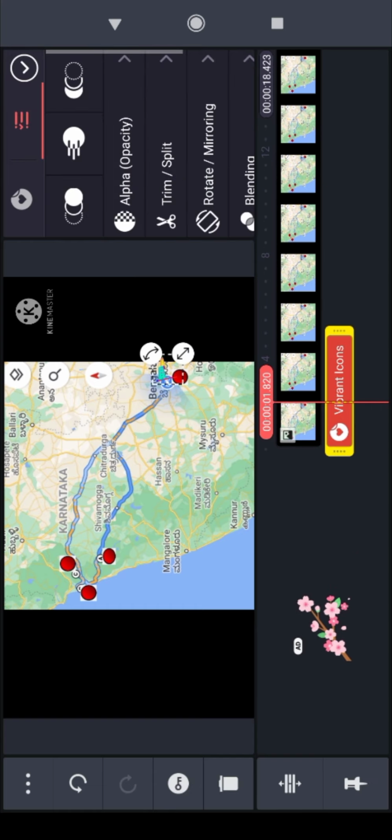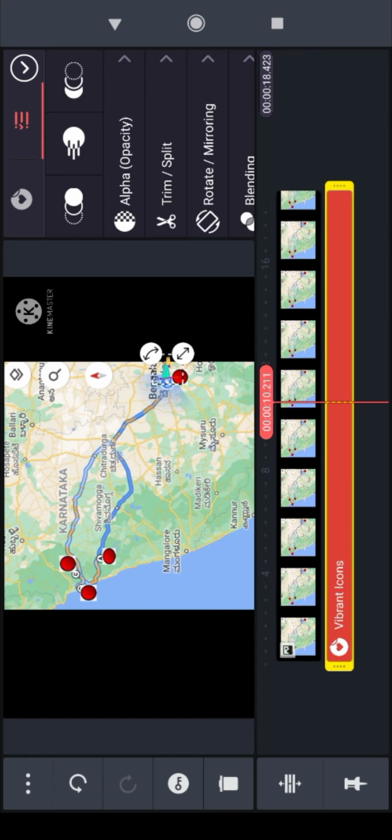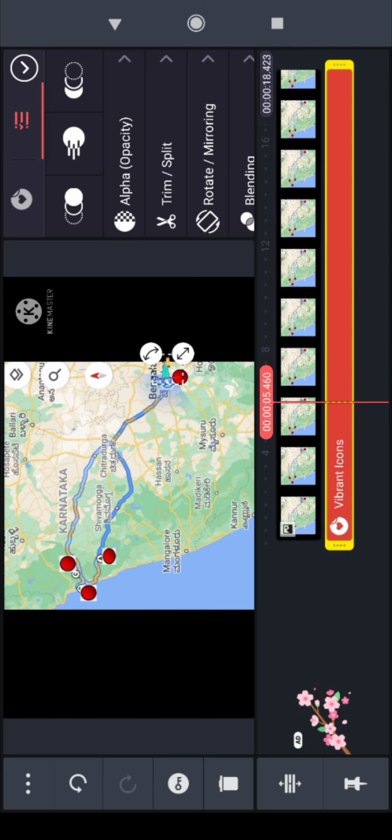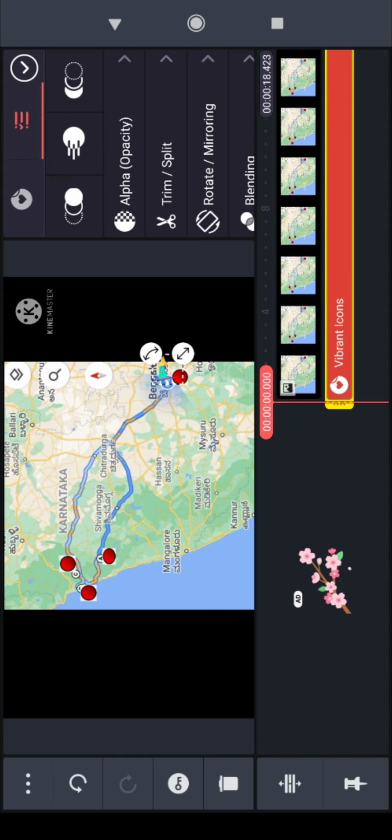I need to drag this icon till where the video ends. Till the end of this map I need that flag, and I want that map to convert into an animation.